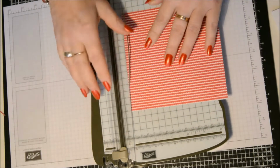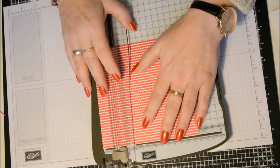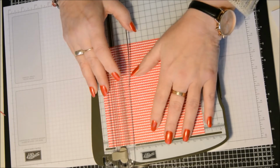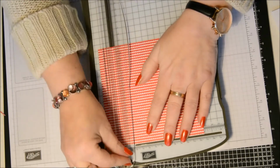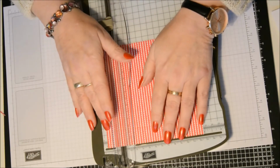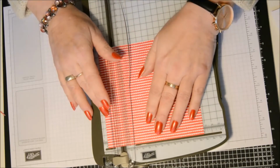Now for your lid, you are going to score 1 inch on all 4 sides to start off with. So 1 inch all the way around on all 4 sides,